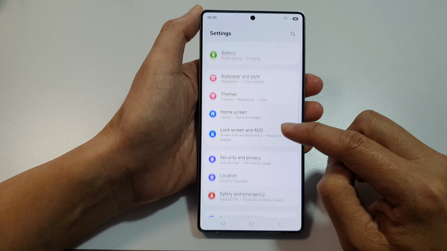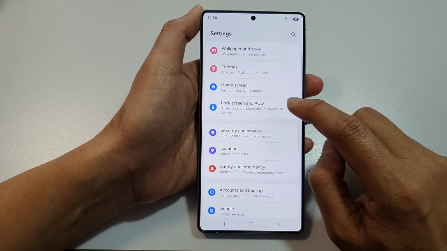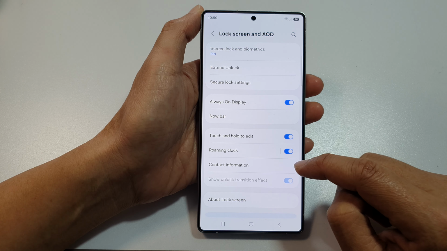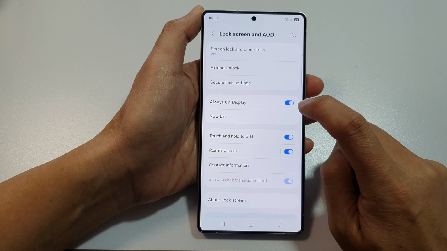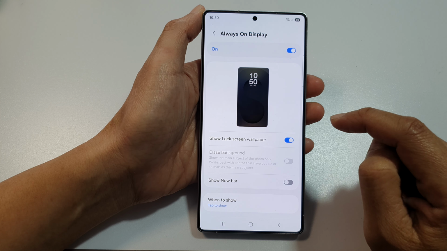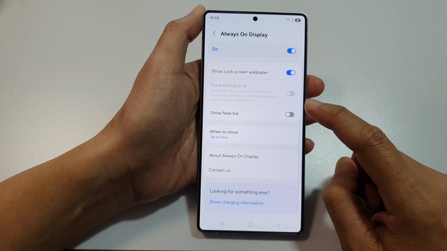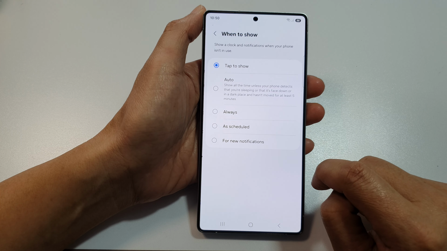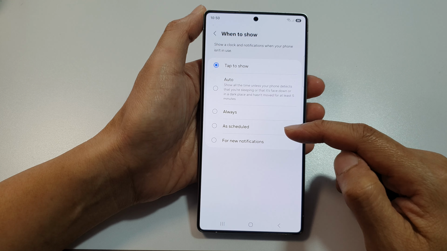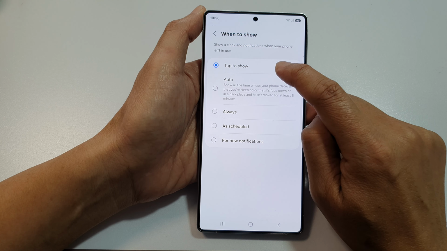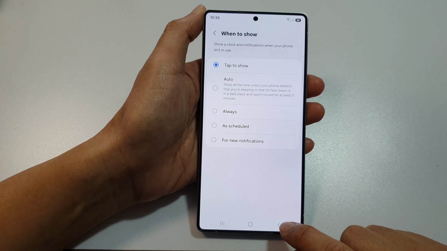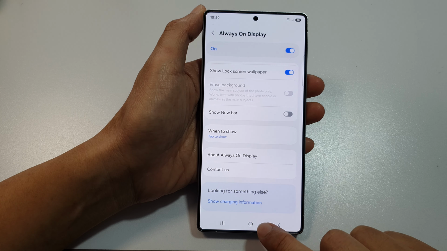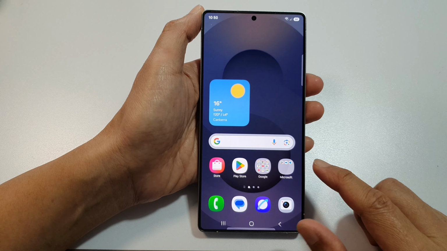Next, we then scroll down and then tap on lock screen and AOD. Now from here, tap on always on display, tap on the left hand side panel. Next, we then scroll down and then tap on when to show, tap on it. And from the list here, make sure you select tap to show. And that's it. After that, tap on the back key or tap on the home button to return back to